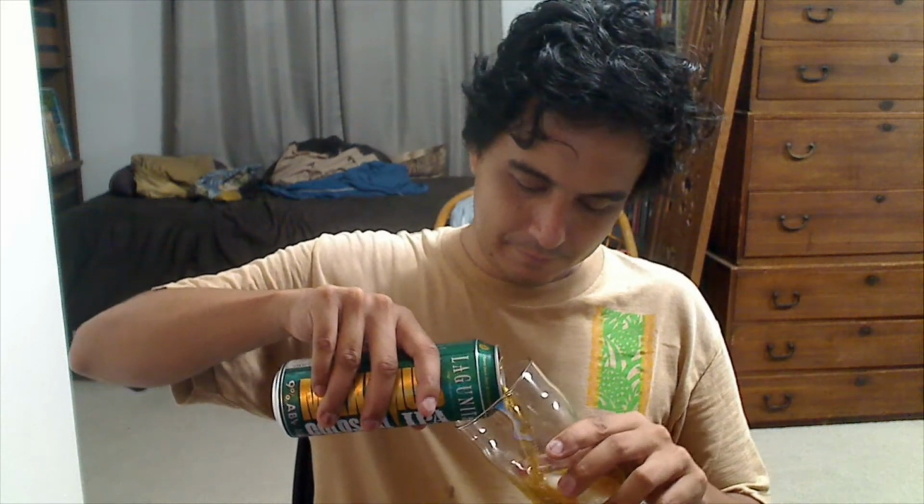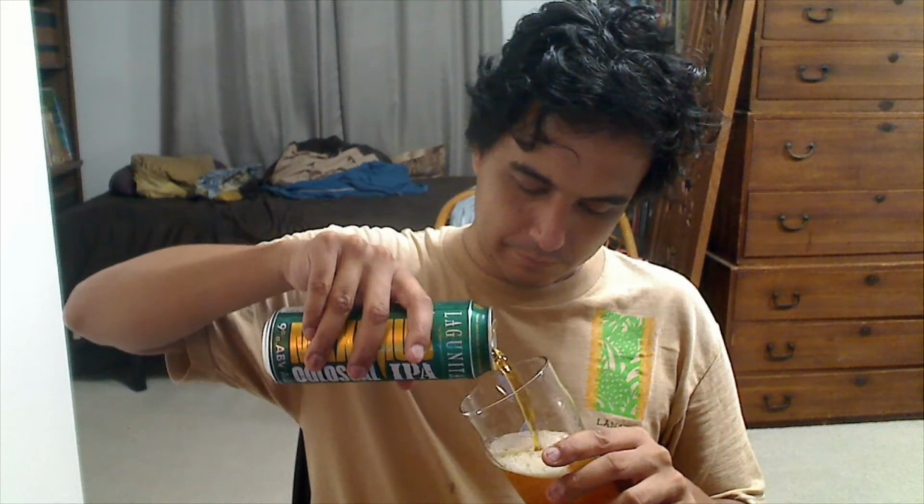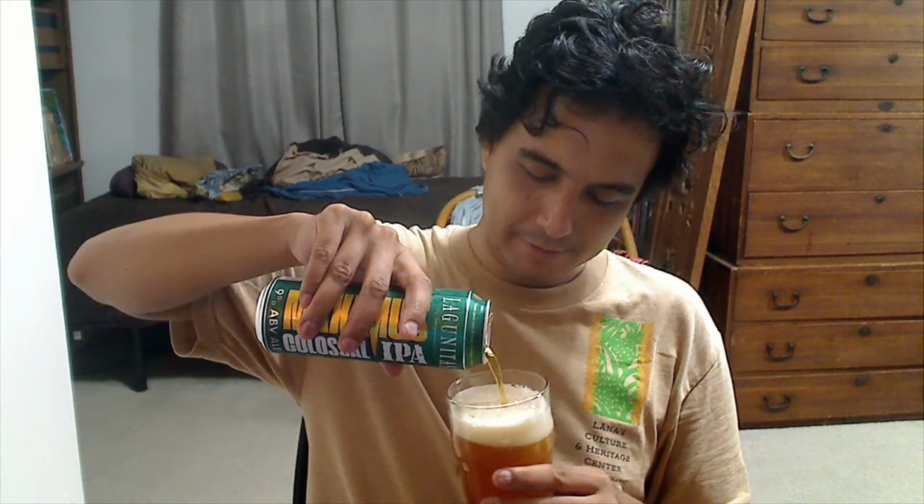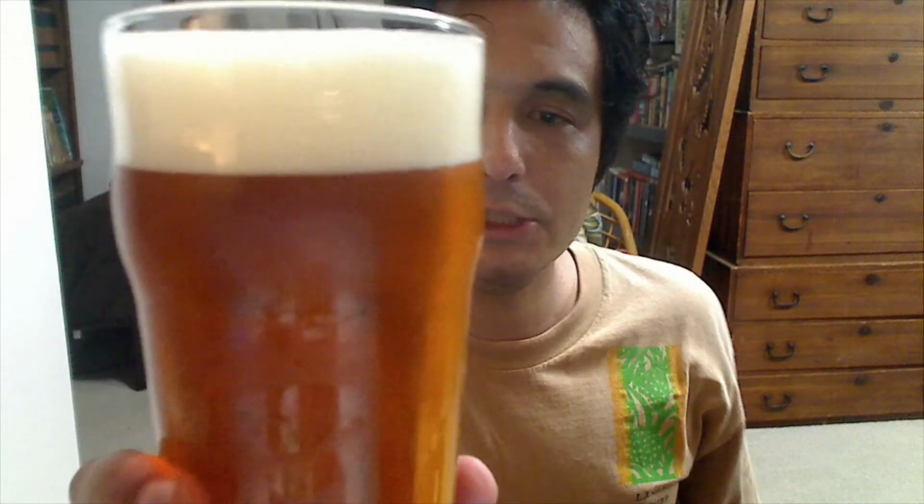It's already gotten a lot of condensation on the can because, like I said, four takes before I could get this right. Thankfully, I never opened this thing before then. And oh my goodness, I can already tell I'm going to enjoy this a bit more. Pouring it into a pub glass here. Nice clear golden orange color with a thick off-white head